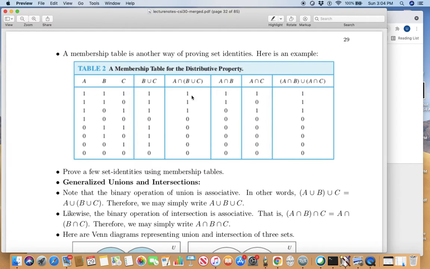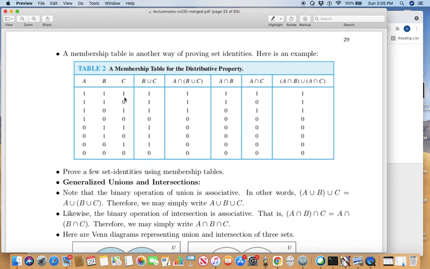It's also in A, so it is in the intersection of A with B union C. Now, based on this, is it in A and B? Yes. Is it in A and C? Yes. So is it in A and B union A and C? Yes. So you see,